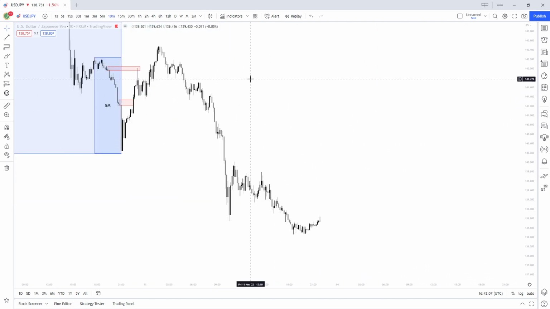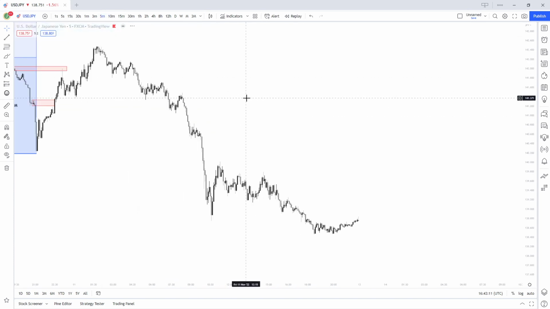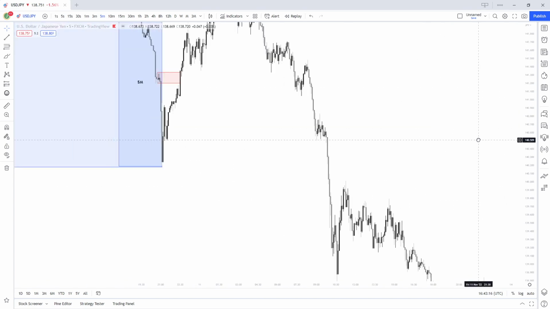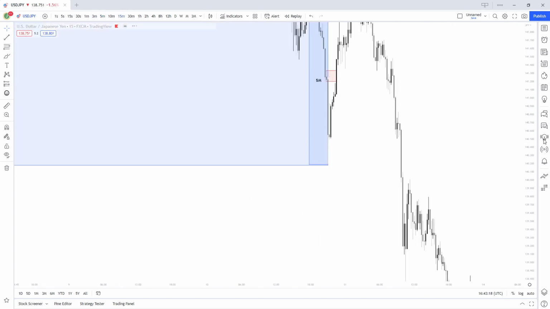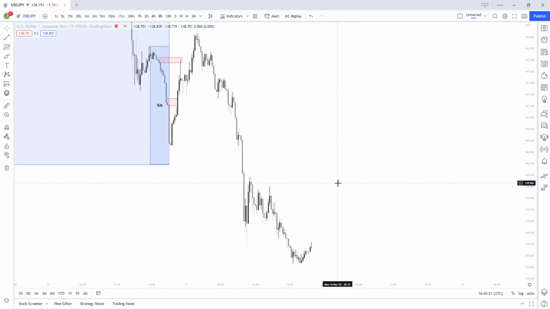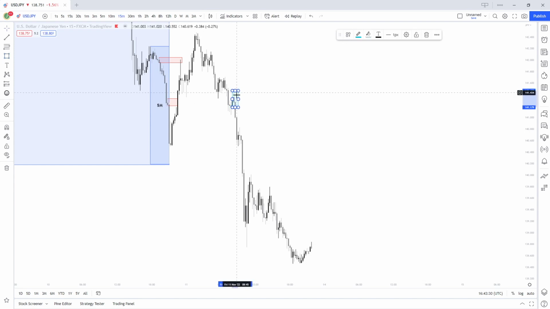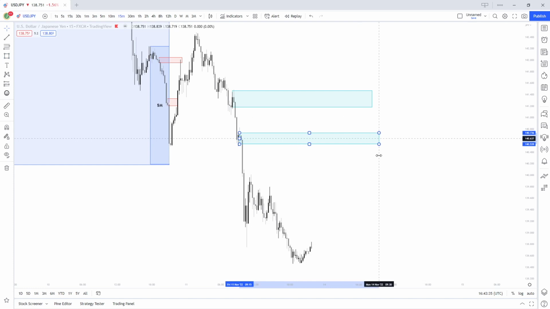So we can see now within this region, we have again left over some unmitigated orders as price has continued lower. So let's go to a low enough time frame, or at first let's just identify the unrefined regions within this. So we see that price does leave that, we wick in. Okay, so I would argue, looking at the unrefined regions, I would say that both of these here represent supply zones. We can change those to red to represent supply.